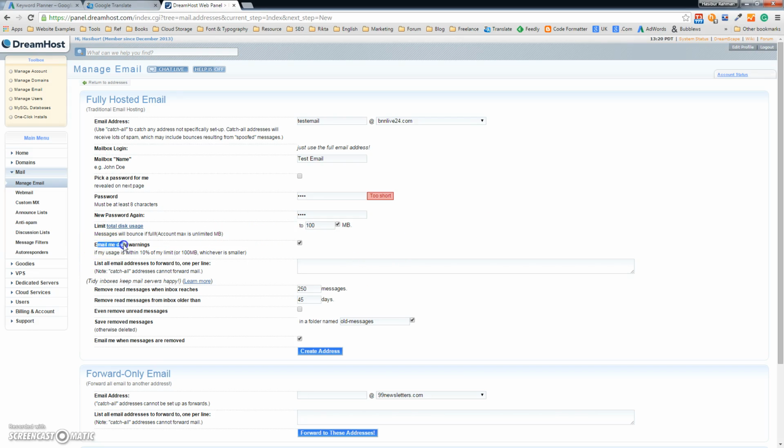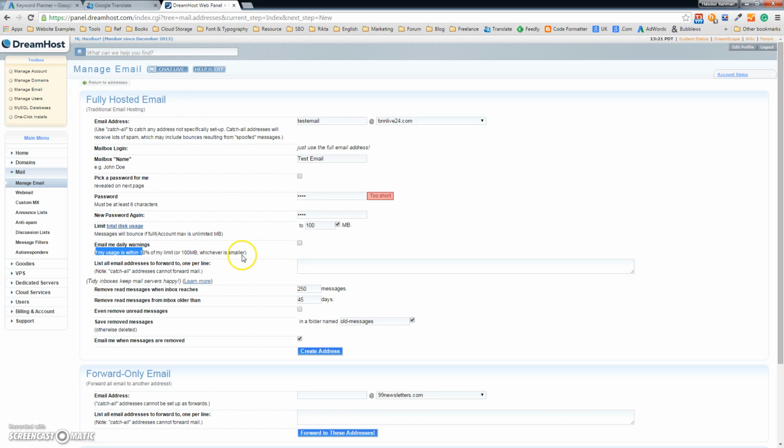Here's the option Email Me Daily Warning. If you use 10% of your limit, then you will get a notification or warning to your regular email address, which you used to create your DreamHost account.